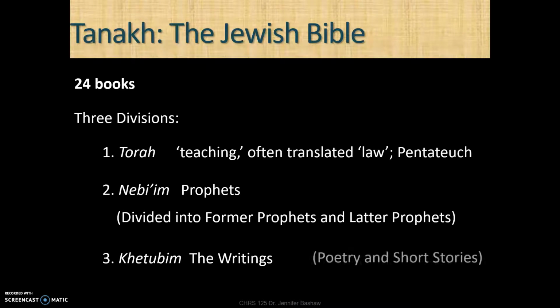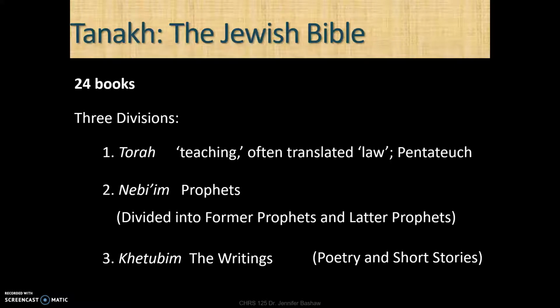So even though Christians call the Old Testament just that, the Old Testament, the Jews, whose scriptures these were before, call it by another name, the Tanakh. You will see this word sometimes without an H on the end and sometimes with an H. But the Tanakh is an acronym from the three different divisions that the Israelite people or the Jewish people divide these books into. So there are 24 total books for them, for the Jewish Bible, and they're divided into